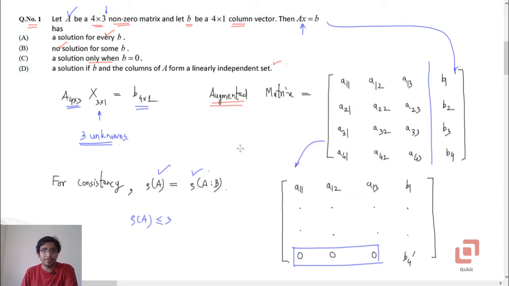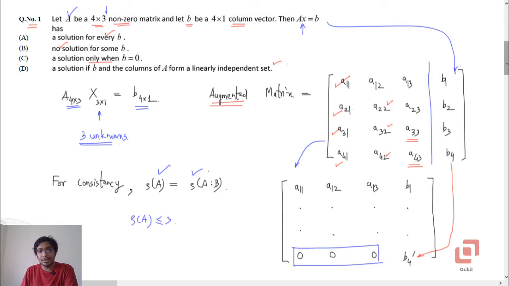For example, using A11, A21, A31 and A41, all of them can be made 0. Then using A22, we can make A32 and A42 0, and then using A33, A43 can be made 0. Of course these elements will keep on changing, but nonetheless we will get a situation where the first 3 elements of the 4th row are zeros. Then it boils down to the element B4, which has now been transformed to some other element B4 prime.